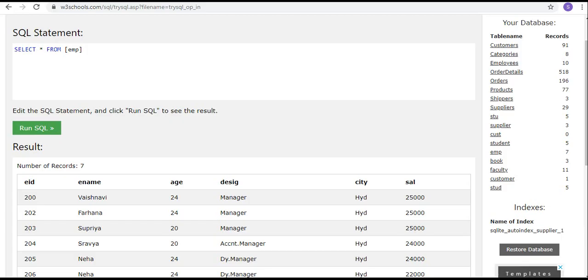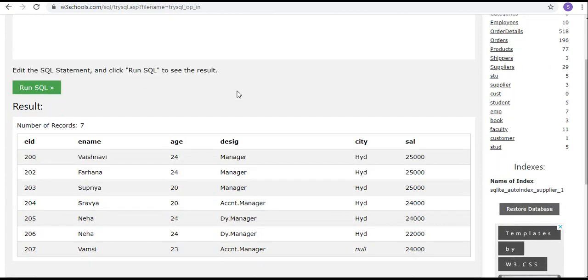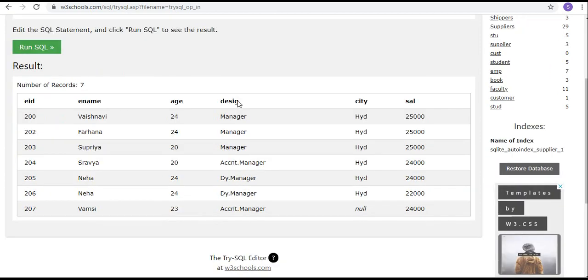Have you understood what is group by command? No, sir. Fantastic. I'll tell you once again. Let us assume this is a table. I want to know the data based on groups. Groups in the sense same kind of information.